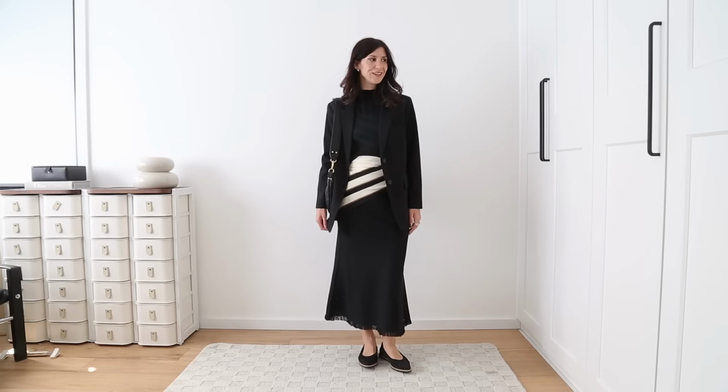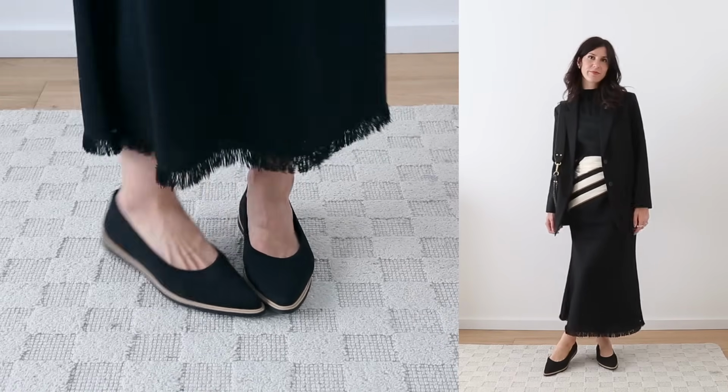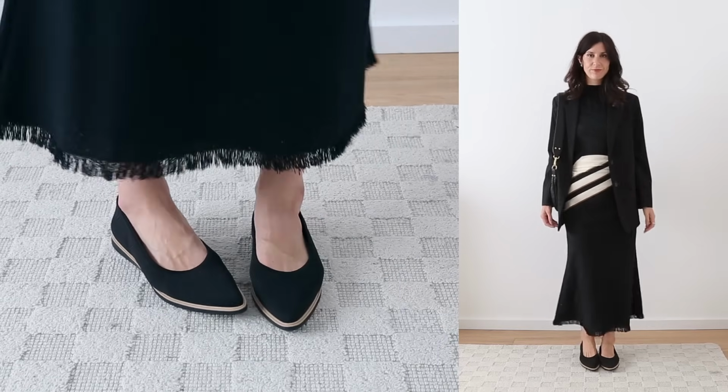I actually really love this. I think it feels really modern and minimal at the same time. And I'm wearing this particular outfit with the Veronica Walker flats. And I feel like the tan trim on the shoe aligns really nicely with the brown camel design on the scarf. So there you have it, 3 simple styling strategies that you can use for effortless but impactful workwear looks that are chic with flat